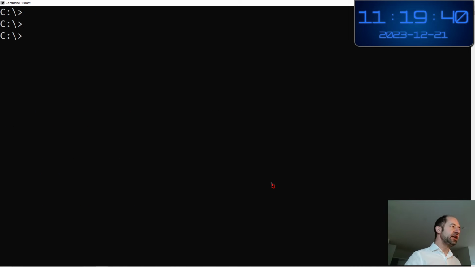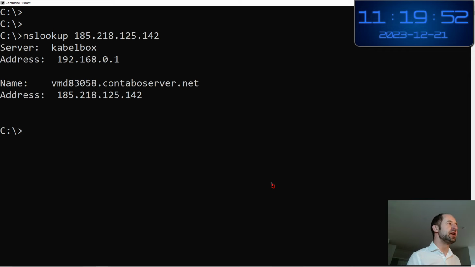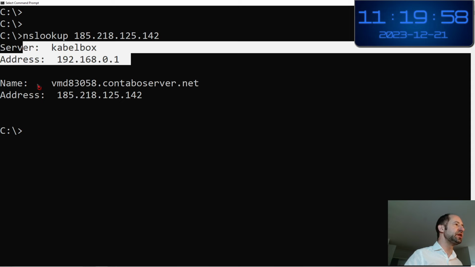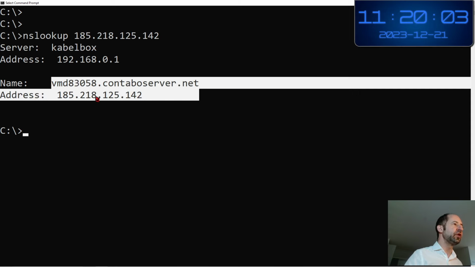So here, if I give the IP to NSLOOKUP, it will make a reverse DNS operation. And let's look at what it is replying. It is replying that for my IP, this is the DNS server that it is using, and it is resolving this name here for the IP that I have supplied. So I am not currently marked correctly as the owner of this IP on the reverse side.